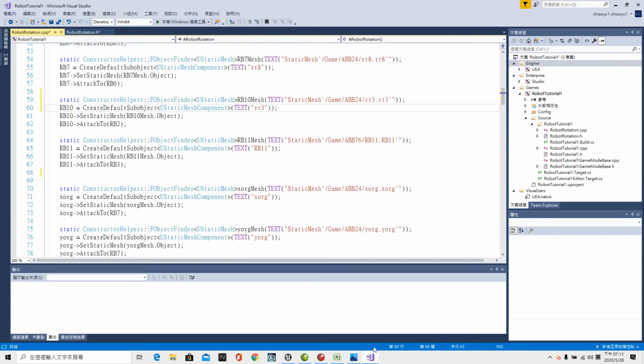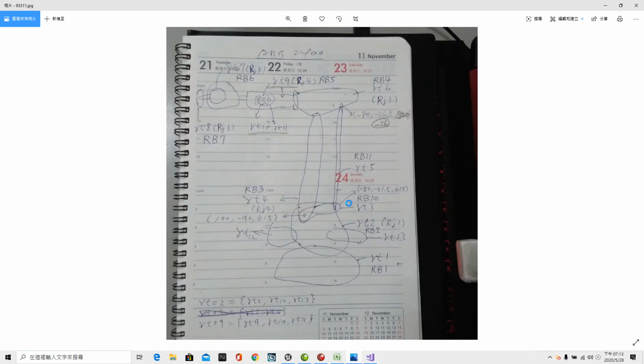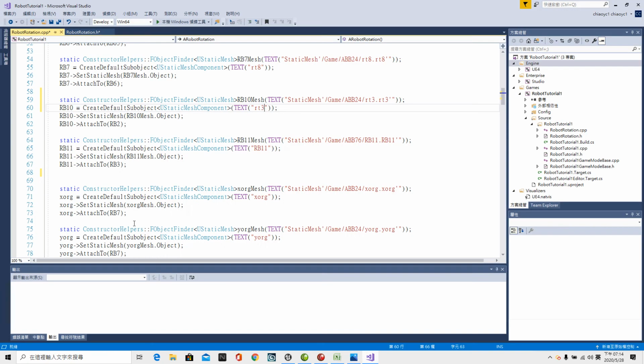Let's check the sketch. RB10 here attaches to this rod. This slot is RB3. So in here, RB3. Then static ConstructorHelpers::FObjectFinder<UStaticMesh> RB11Mesh(TEXT("